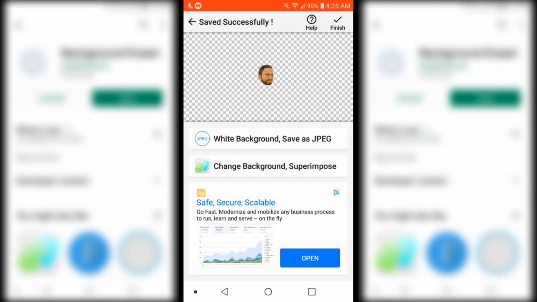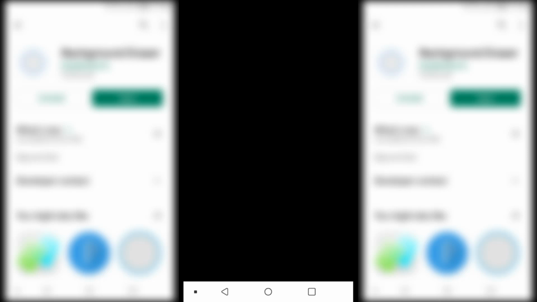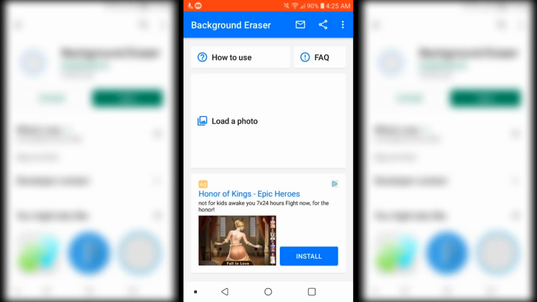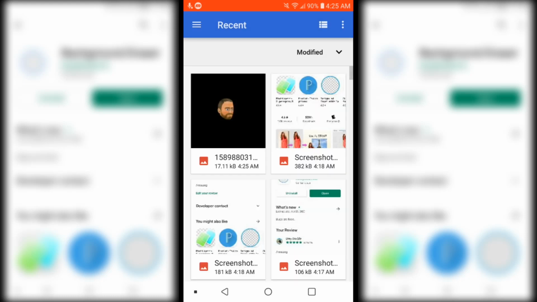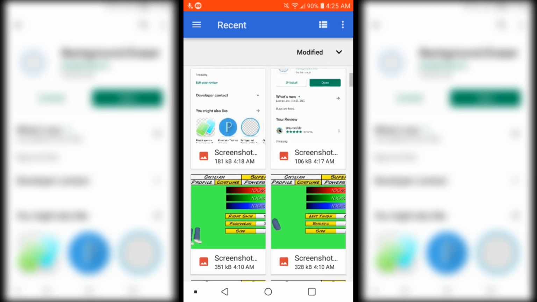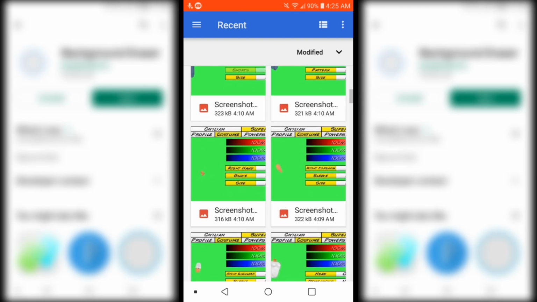We're not going to rate it right now. But once you have that done, hit save, hit finish. An ad popped up, but then you're going to want to load it. And you can see your photos right there. The background's erased. And you're just going to do that for all the other ones as well.